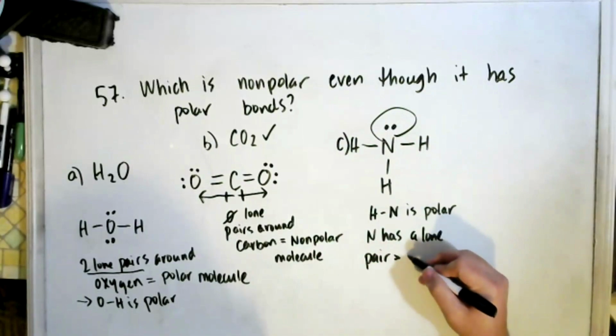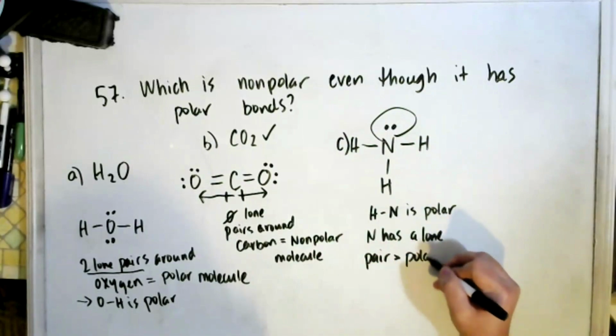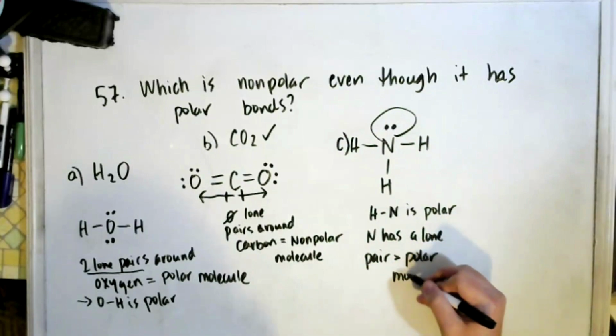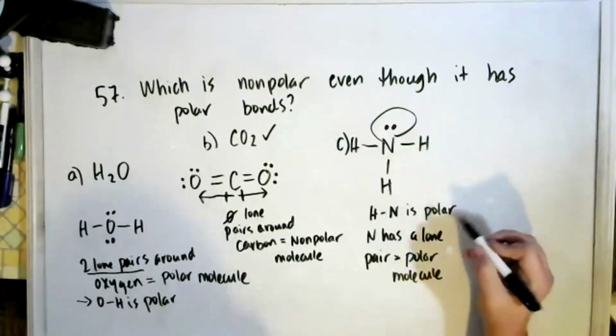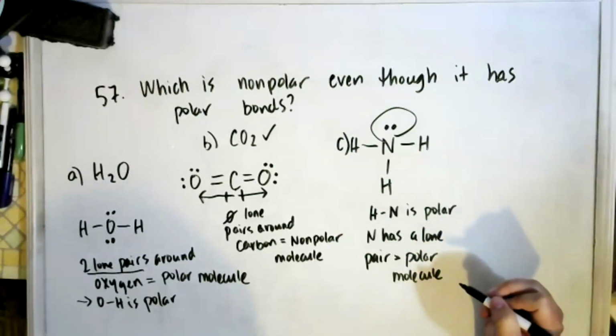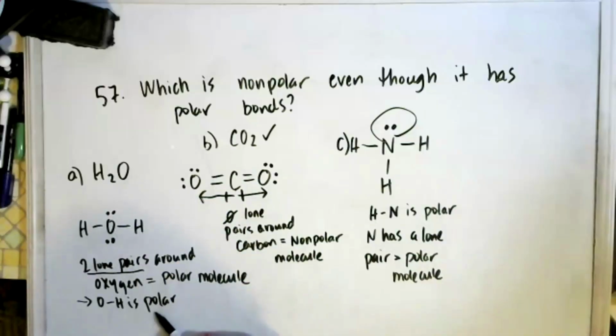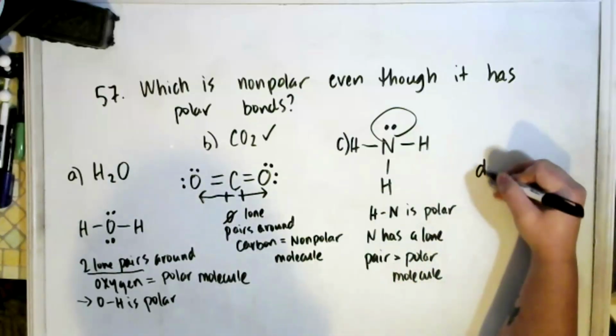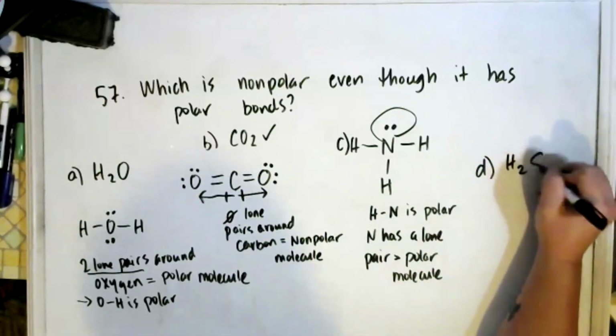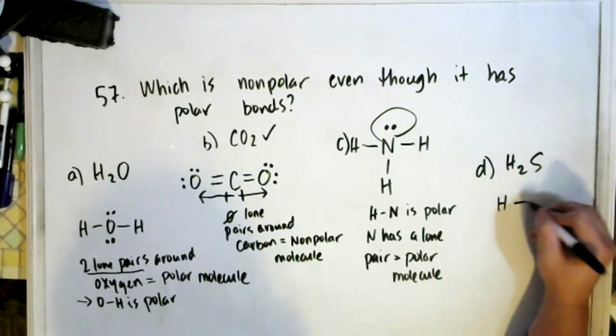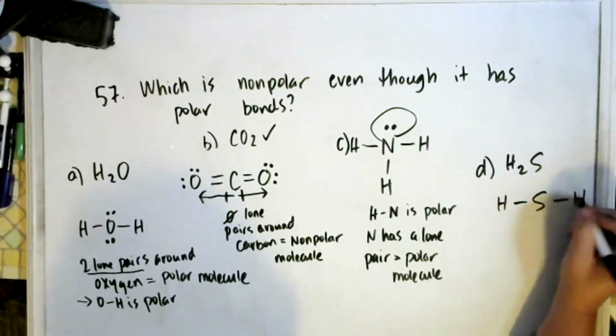So that means our molecule is going to be polar. Polar bond, polar molecule. Okay, so H2O, polar bond, lone pair, polar molecule. Same thing for NH3. And our final structure, H2S, is going to look really similar to the